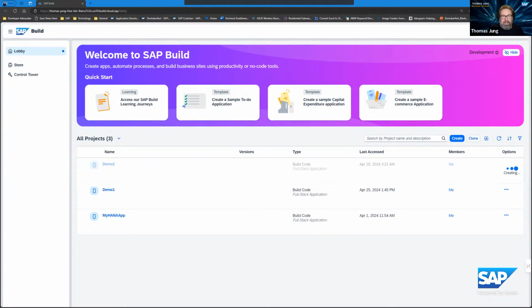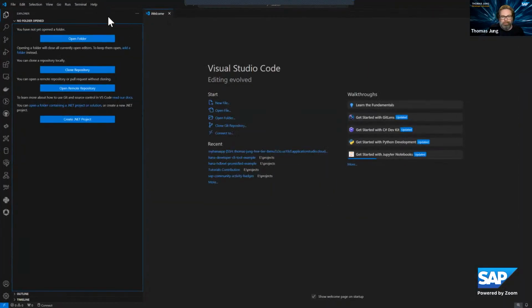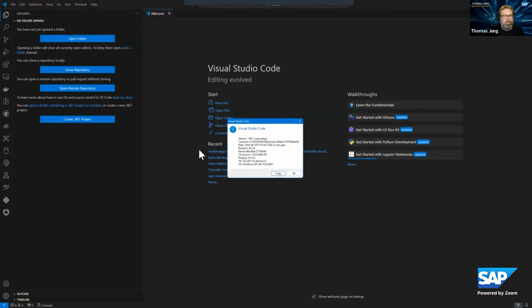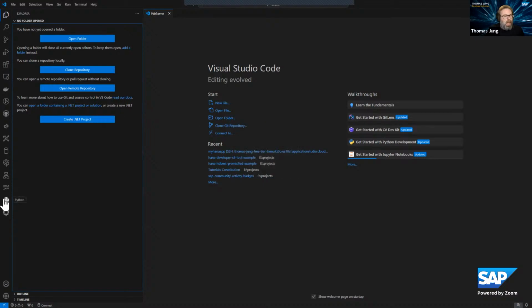I've got VS Code running here on my laptop. So you can see VS Code running locally on my machine. And we actually have an extension for VS Code that allows you to interact with the Business Application Studio, or Build Code, as it may be in this case.